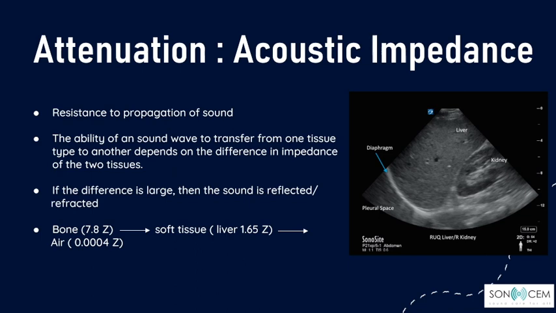Acoustic impedance is an important ultrasound property of any tissue. It is the resistance to propagation of sound through a medium. This effect becomes noticeable at interfaces between different tissue types where, if the difference is large, the sound waves either get reflected or refracted, producing mirror image artifact. The acoustic impedance of bone is the highest, followed by soft tissue and air. As shown in this image, due to the large difference of acoustic impedance between the liver and the air in the lung, it produces a mirror image artifact of the liver above the diaphragm as a result of sound wave